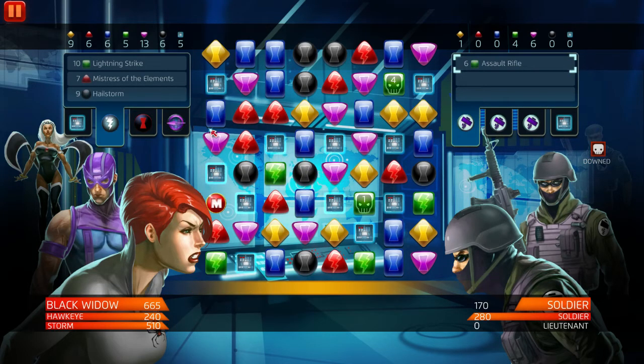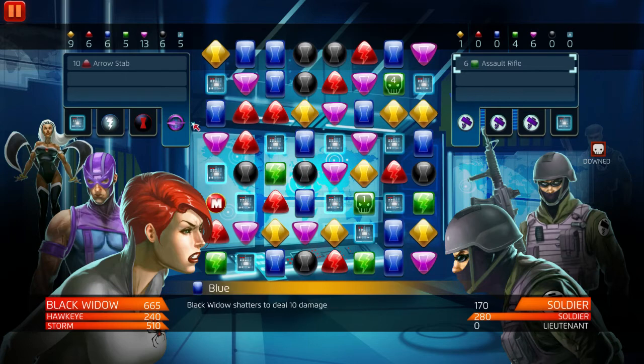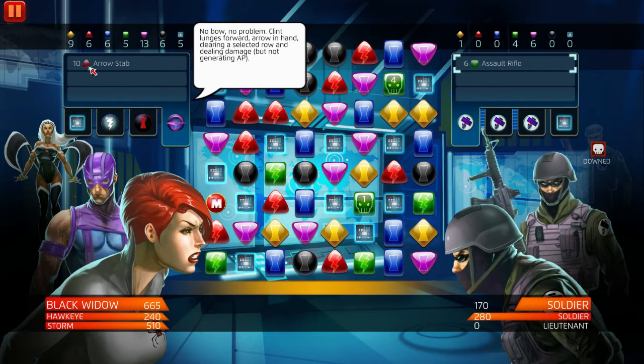If I could get one more red, I'd be able to at least use Mistress of the Elements. And since there's actually tiles on here, it would be good. Though the arrow stab is pretty nice as well. The damage on it's pretty much garbage, but basically the way the damage works that I've seen on arrow stab